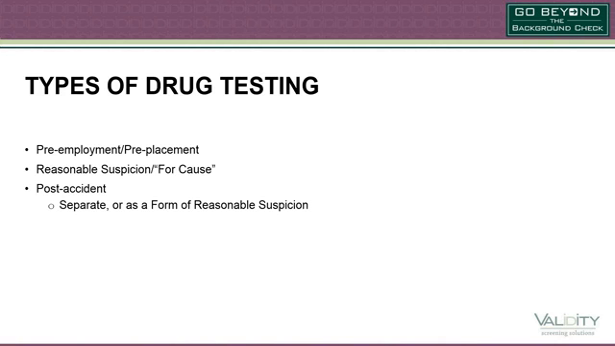The rest of the categories that I'm going to talk about apply to folks who are your employees. And so the next category of choice for you to make is whether you're going to do reasonable suspicion or for-cause testing. That means by definition that you've got some reason to suspect that somebody is using drugs or